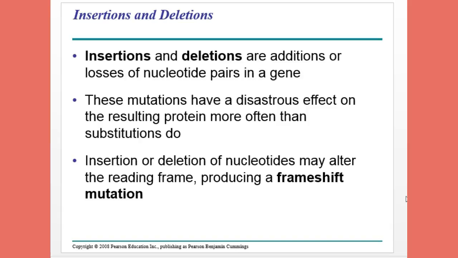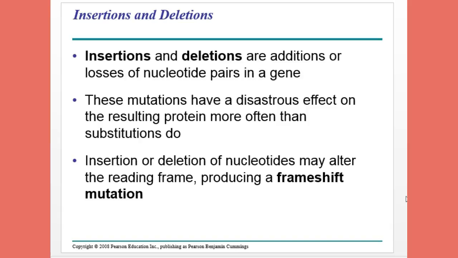Insertions and deletions, or additions or losses of nucleotide pairs, have a disastrous effect on the resulting protein more often than substitutions do. So substituting may or may not completely change the polypeptide you're aiming to receive. However, insertions or deletions are going to change from that point forward, so they are much more harmful to that protein sequence than just a substitution. That substitution may affect one amino acid pair, where an insertion or deletion are going to affect every amino acid